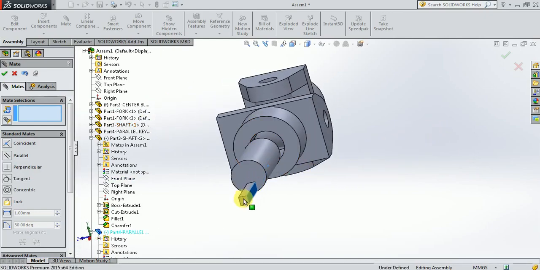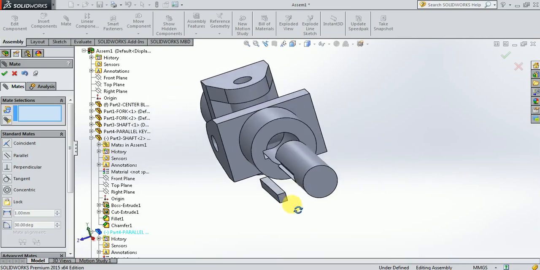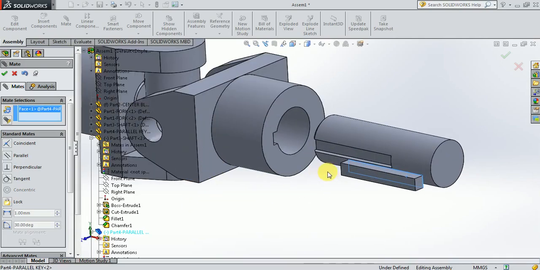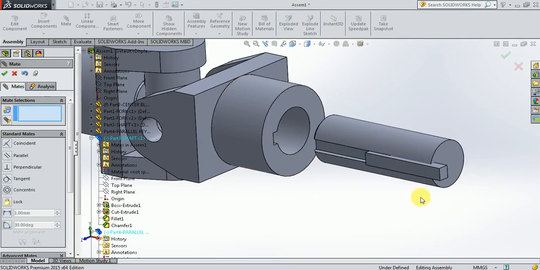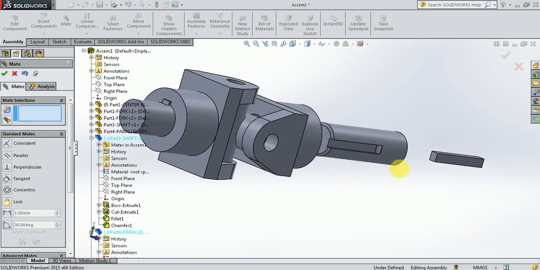So we have that key here, so I can take it out to somewhere here, and then I'm going to select the bottom face of this key, and this should rest on this particular face of the keyway. Align it. Now it is having only left and right motion. So I'm going to select this face.